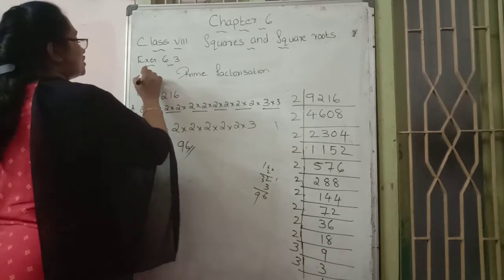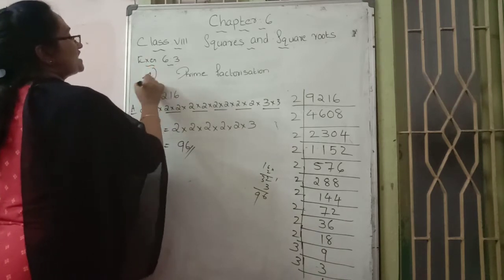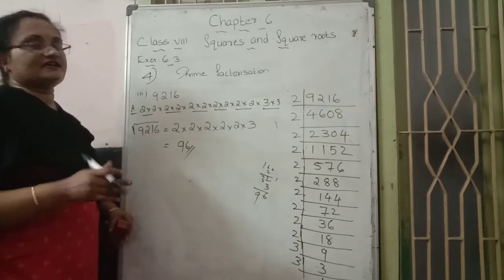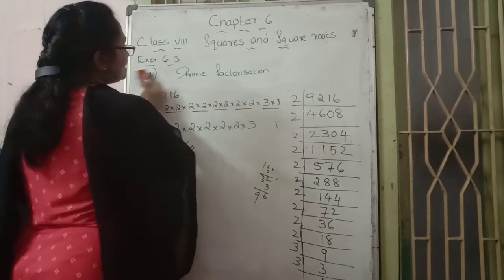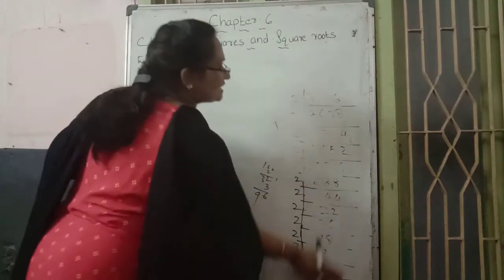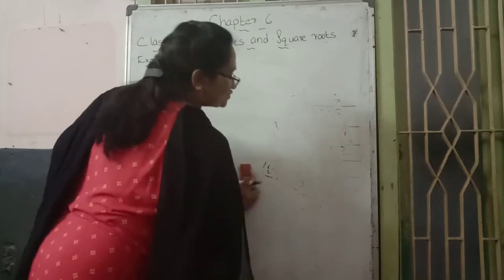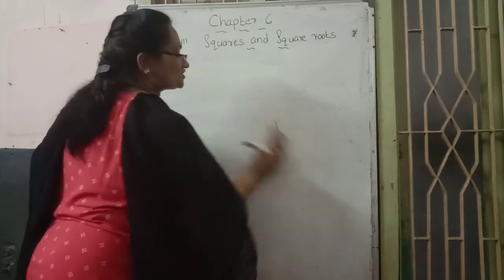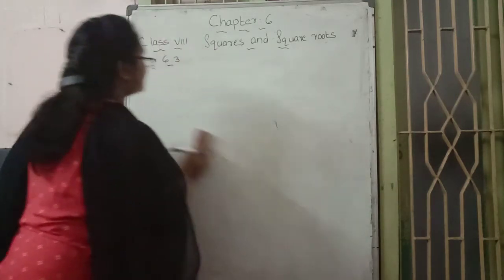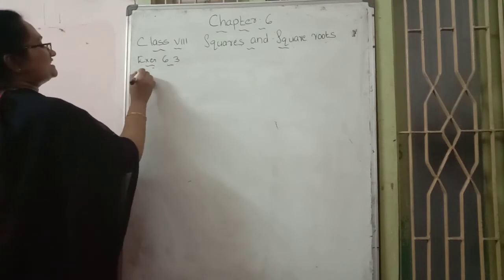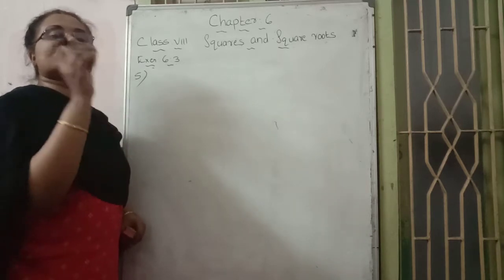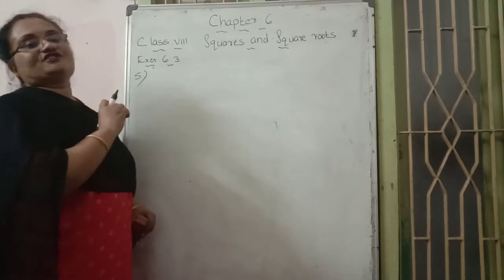This is our fourth Roman, exercise 6.3, fourth Roman questions. Based on this, some more questions are there. The next one is the fifth Roman. The fifth Roman is also prime factorization only, but while pairing some numbers are missing. So how do we make it a perfect square? Which number, when multiplied, gives a perfect square? That is the fifth Roman. It tells us which number should be multiplied with a given number to make it a perfect square.